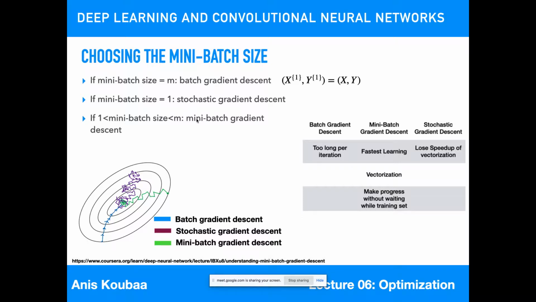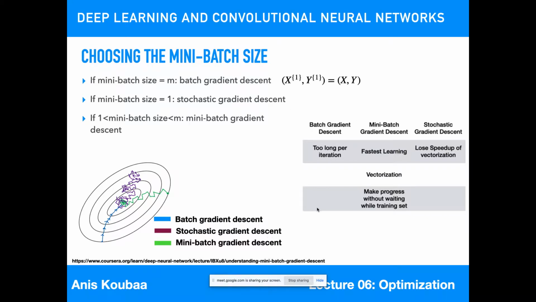And the balance that we can do is to take a mini batch size between 1 and m. So mini batch size now becomes a hyperparameter that we have to set in order to have a compromise between the first extreme case, the mini batch equal to m, which is slow but has less fluctuations, less noise, and the other extreme, which is 1, which is fast, it has several iterations, but it also has some noise. So we want something in between. We can choose different values of mini batch size, for example 8, 16, 32, 128. So we can try different values. And this will provide a trade-off between the batch gradient descent and the stochastic gradient descent,